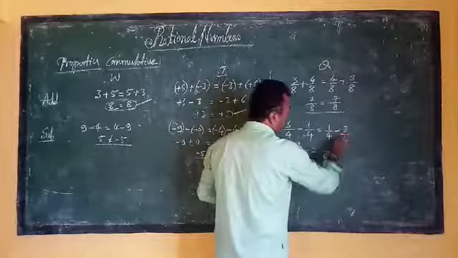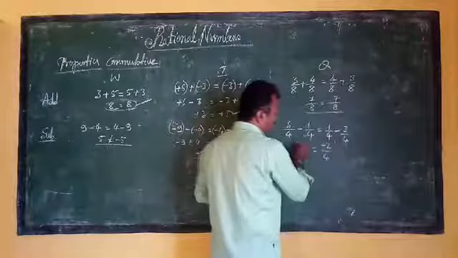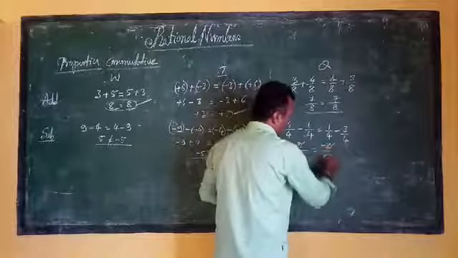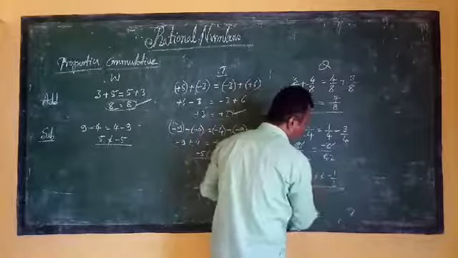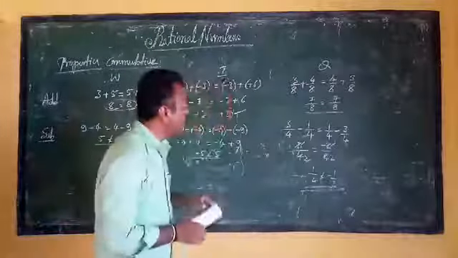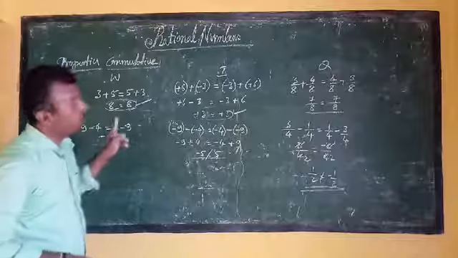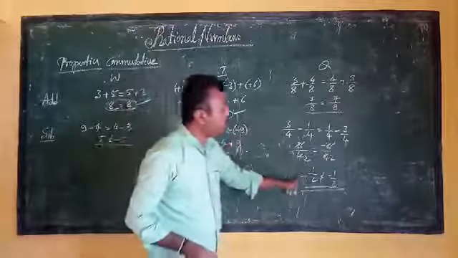So plus 1 minus 3 will become minus 2. And 2 1s are 2, 2 2s are 4, therefore it becomes 1 by 2, which is equal to minus 1 by 2. Here also not equal. Therefore, the commutative property of rational numbers does not satisfy under